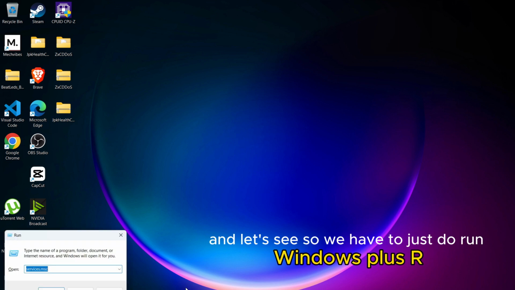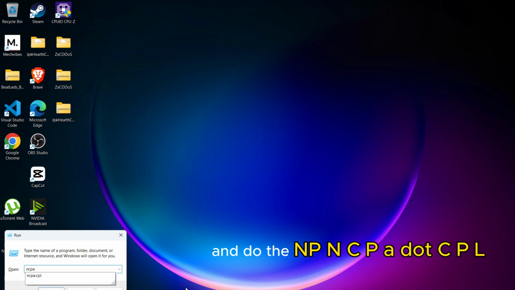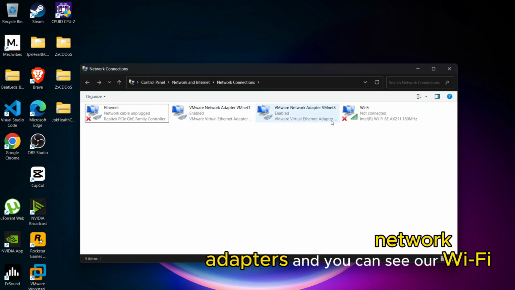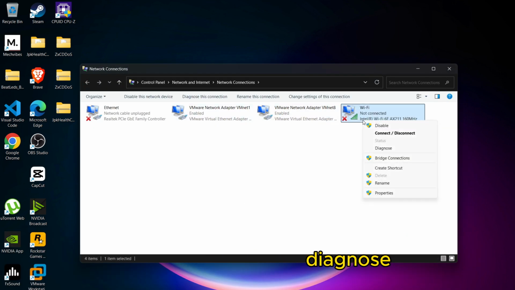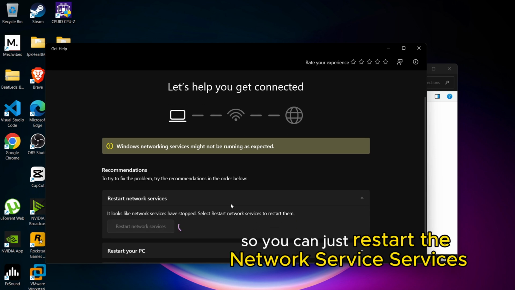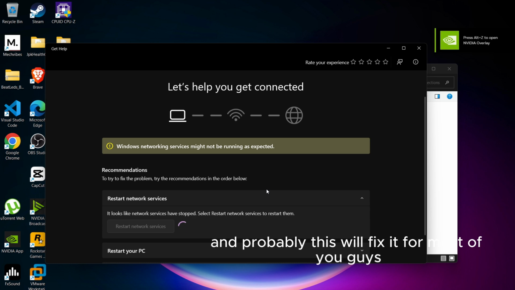And let's see. So we have to just run Windows plus R and type ncpa.cpl, and we will see our network adapters, and you can see our Wi-Fi. Just click on that and just go to diagnose. Windows 11 is a little better, so you can just restart the network services, and probably this will fix it for